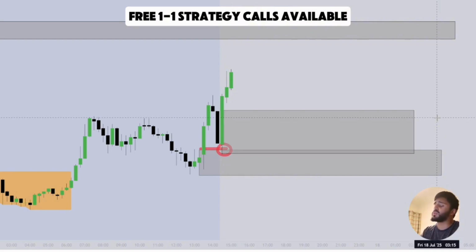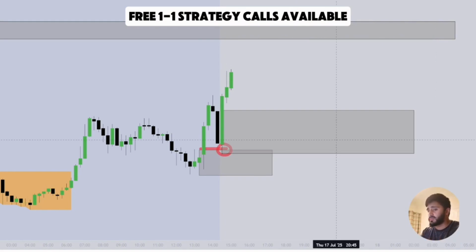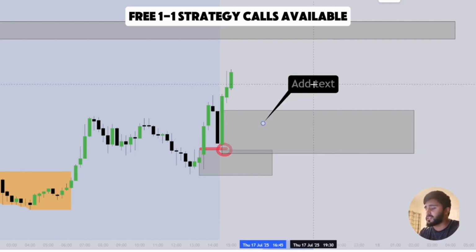The reason is because when I trade, I use what I call the XXX model. The XXX model is very simple. I want traders to understand this. A XXX model will have three things. You need to know where to trade from. This is a fair value gap, a 15-minute fair value gap, a 15-minute POI or point of interest.